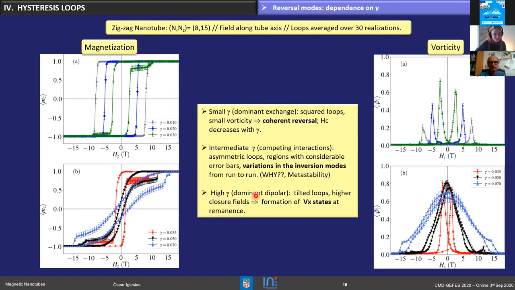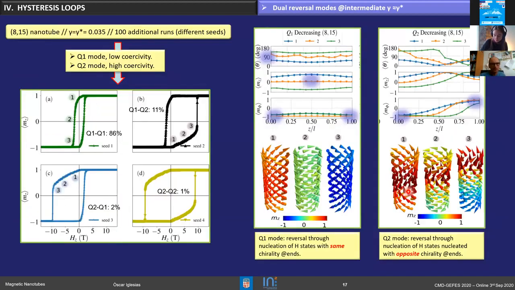For higher dipolar interactions, the reversal proceeds according to the formation of vortex states that form at remanence. This can be clearly seen here by looking at the evolution of the vorticity with the magnetic field along the hysteresis loops. So, in order to understand this, what happens for this range of gamma parameters in which the helicoidal states are the